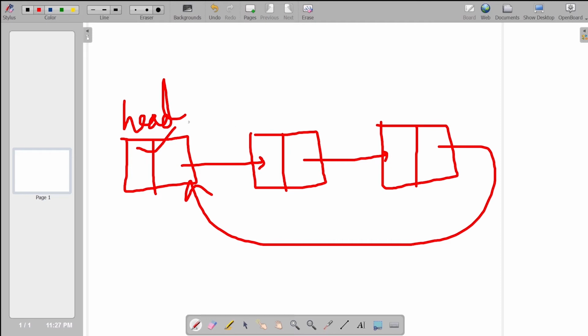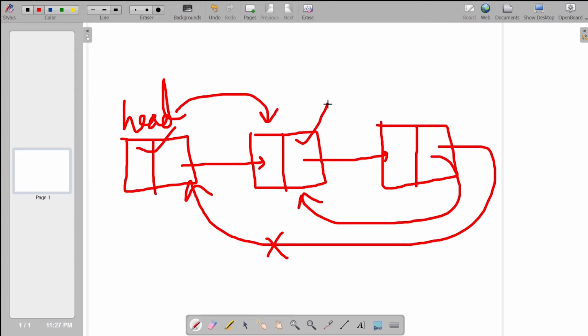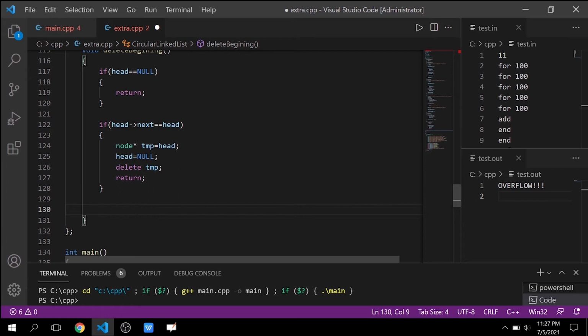we have to change the direction of head to point to this node, and we have to change the direction of this pointer also, to be pointing to this node, right? So we have to give the address of this node into the next pointer of this node. This is the simplest step we have to do. So for that we have to go through a loop to find the last node, because we have to change the next pointer of the last node, right?